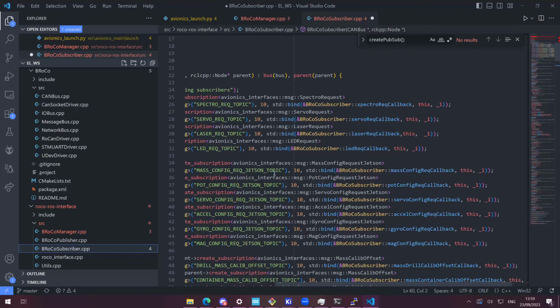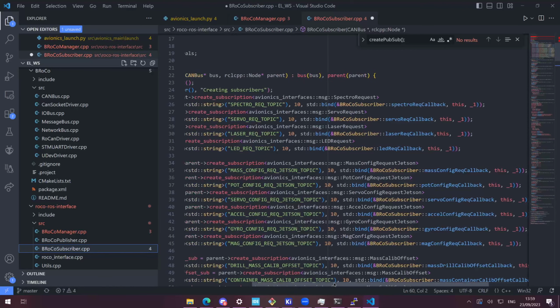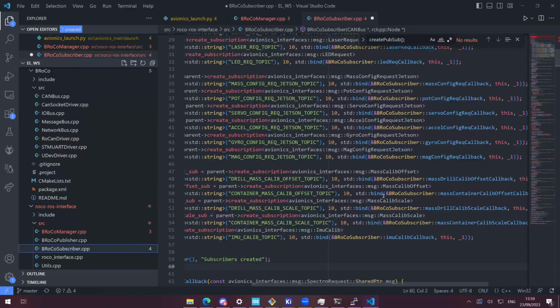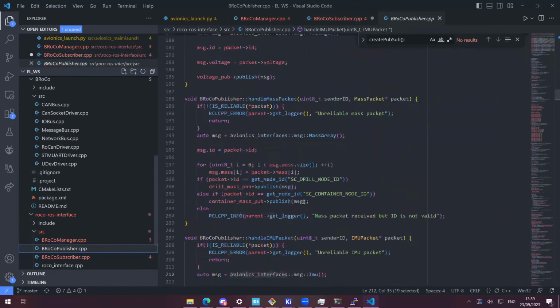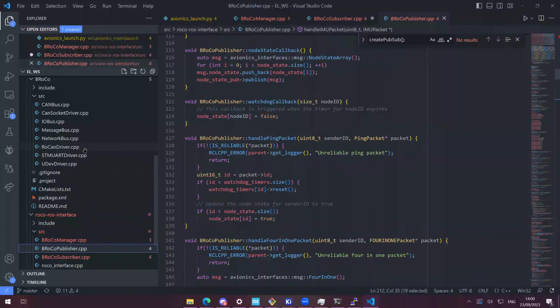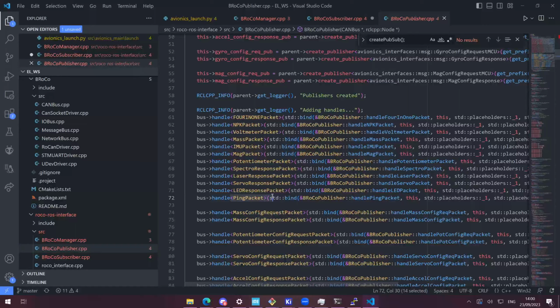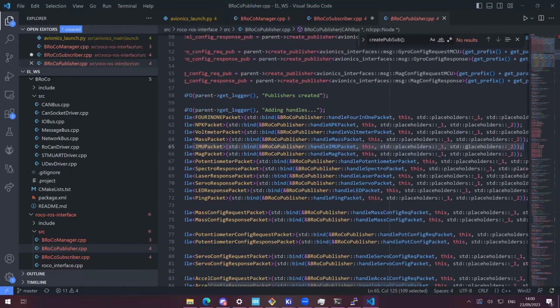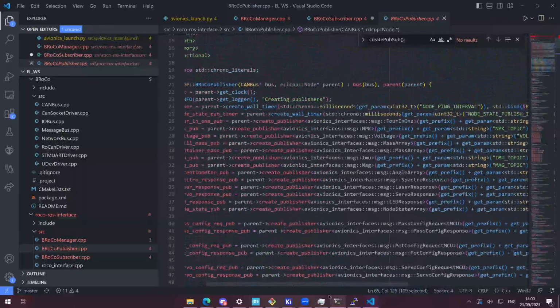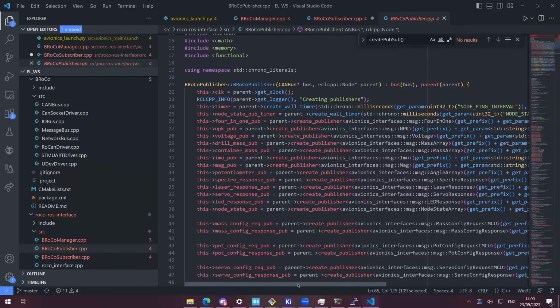And the topic will also be preceded by the name of the bus on which we are receiving it. So for example, let's say that I am working with the IMU packet. What I do is I will create